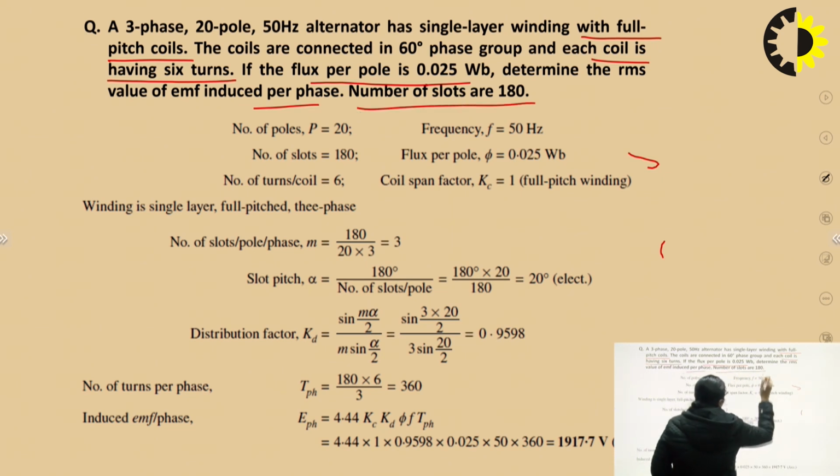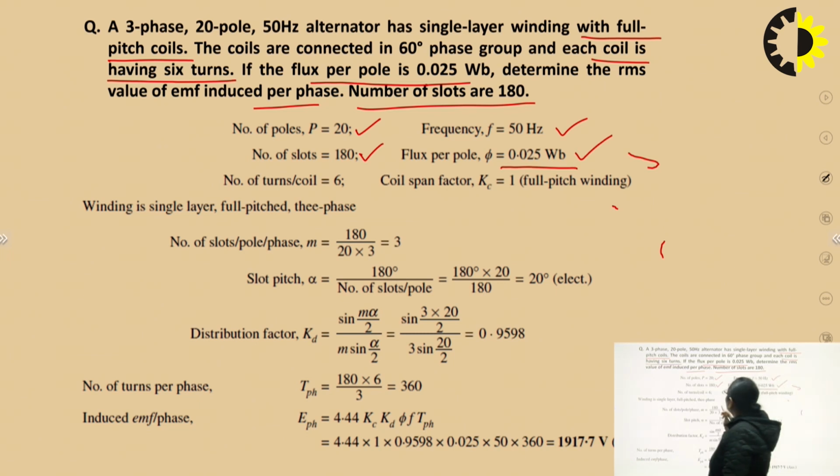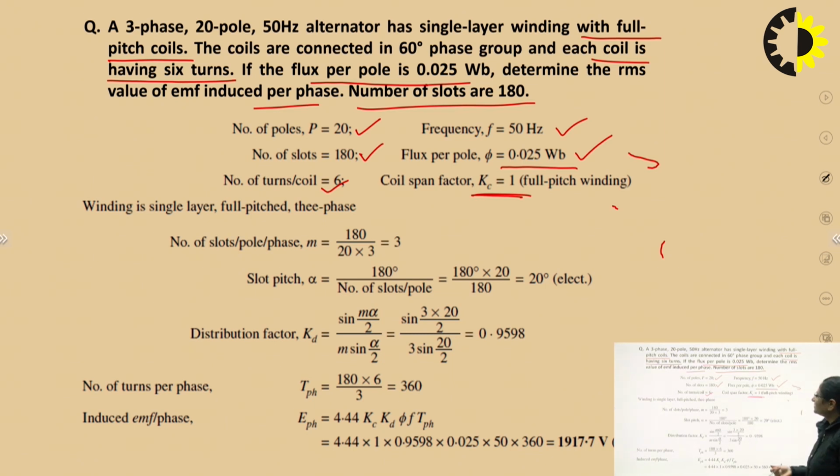The number of slots given in the question are 180, right? So the number of poles for which the winding is wound is 20. The frequency of supply is 50 Hz. The number of slots are 180. Flux per pole is given to us as 0.025 Weber. Number of turns per coil are given as 6. Coil span factor would be equal to 1, or the pitch factor would be equal to 1 because it is given in the question that we are using the full pitch coils, right? The winding is single layer full pitched